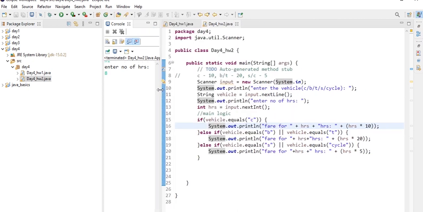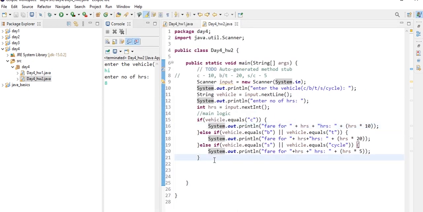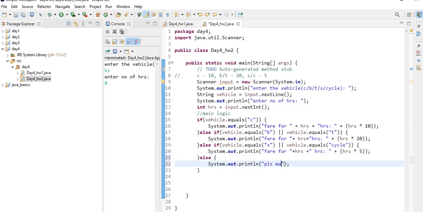So we have to write the else part to display something. So else, what we are doing is, please make sure to type a valid vehicle, something like this. And now let's execute this.